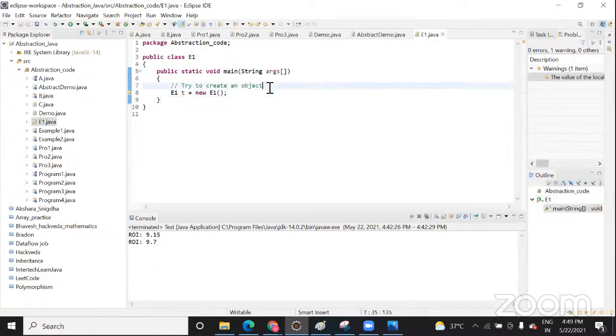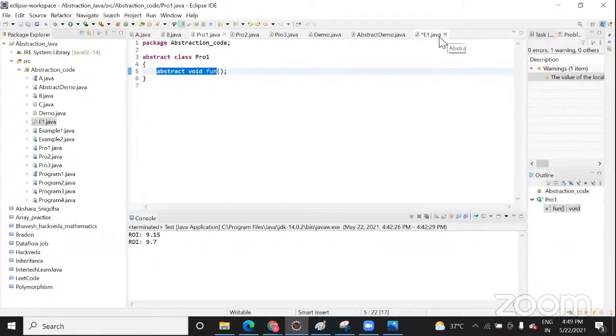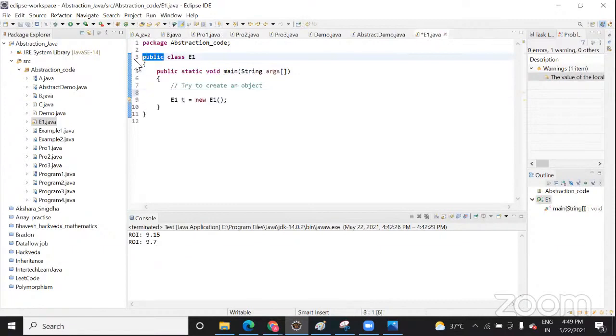Here, this is a normal class, there is no abstract keyword. But suppose I create an abstract class like this, and I create an object of that. You can see when you create an object of this, it's giving an error.